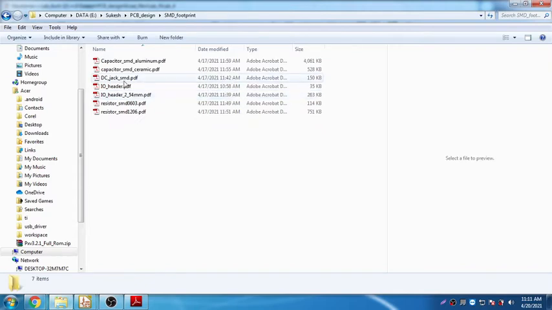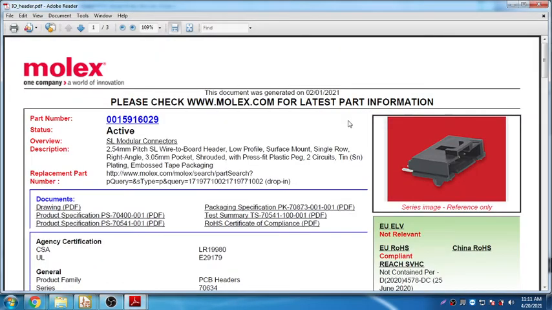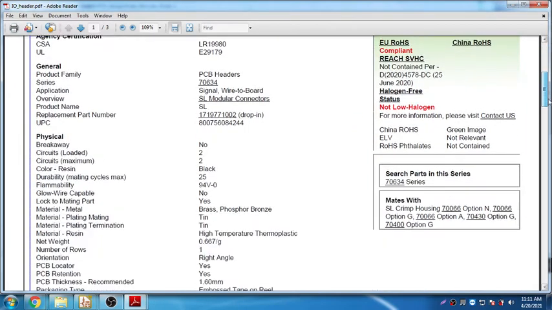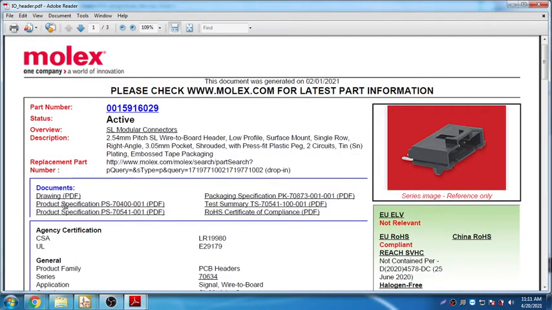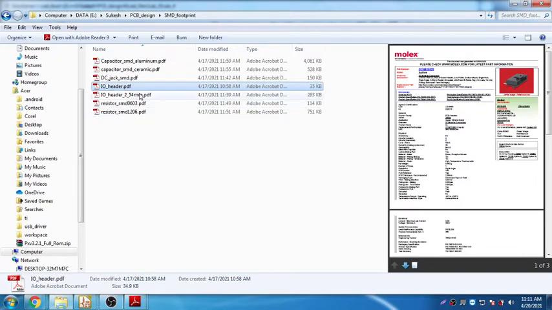I have an SMD footprint. Say, this kind of connector I need to use. Okay, this is a connector, and I wanted to design a footprint for this connector. You can see this image. I need to design a footprint. So where to get it? You need to first download the design drawing of this. You will get a CAD design for these, so you need to download it.